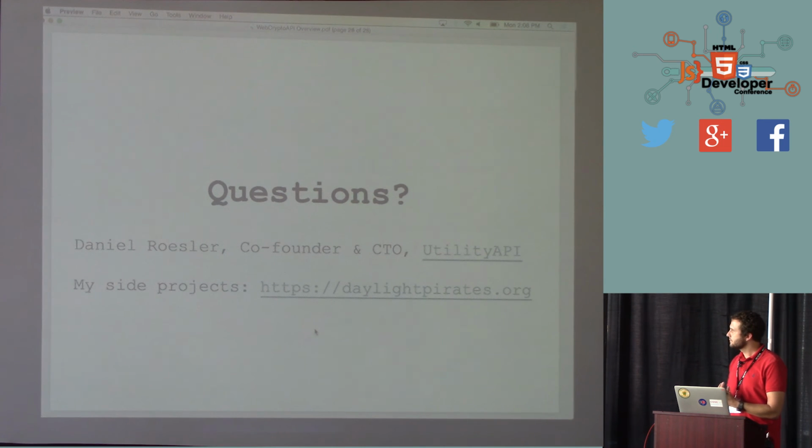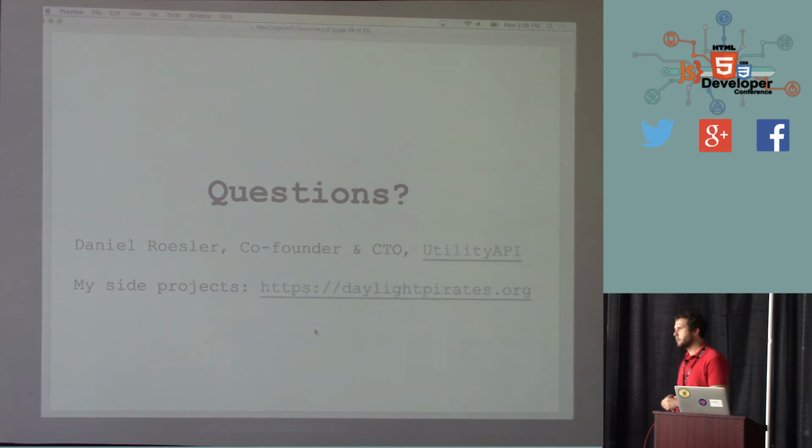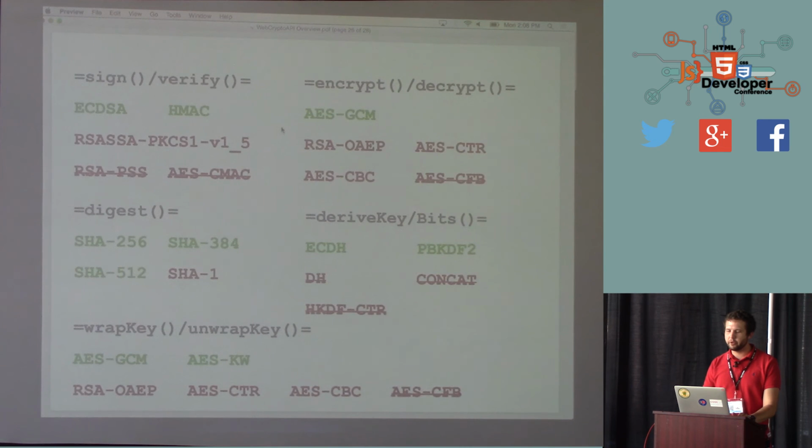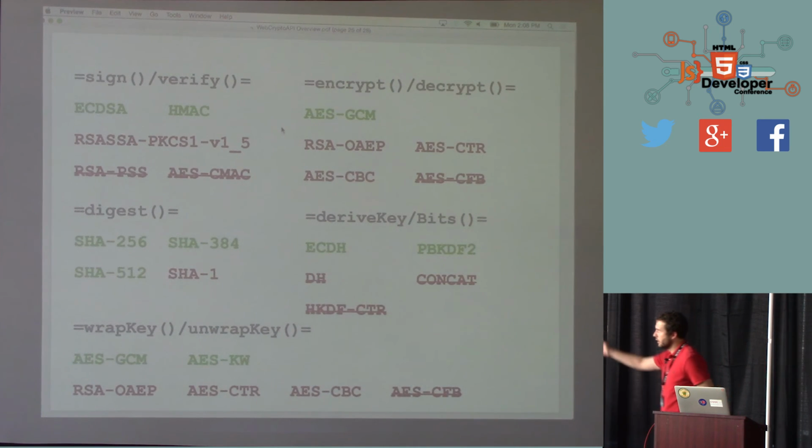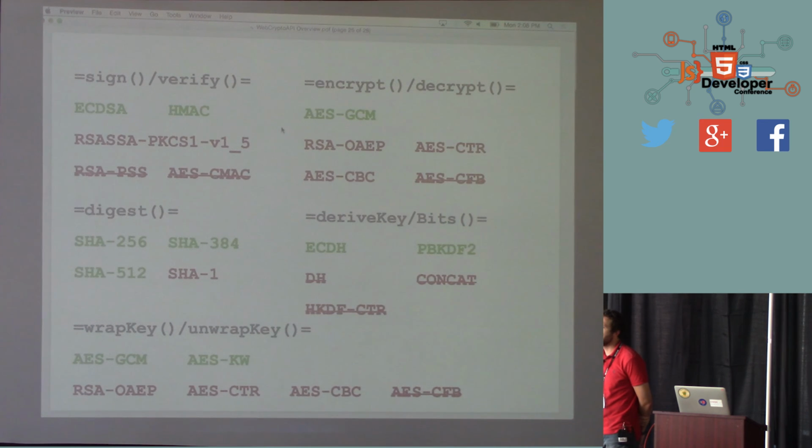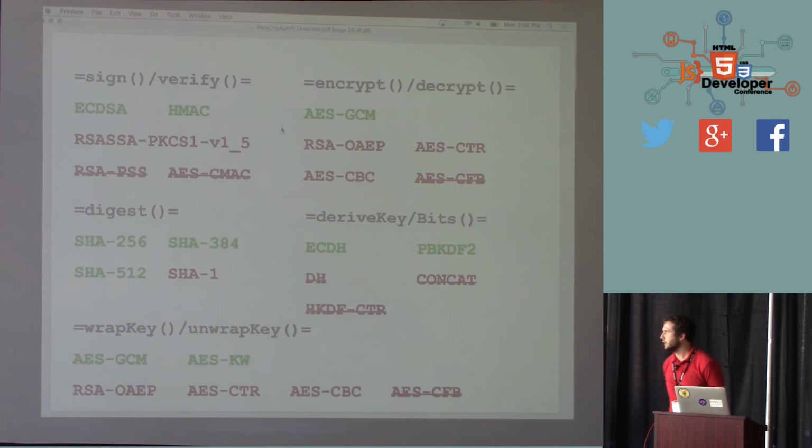So yeah, that's one of the big things: not using it directly, because with a lot of these algorithms, it's really, really easy for you to shoot yourself in the foot. I mean, look, there's very few of these algorithms on this screen that are green, right? And so if you're using this API directly, it's really, really easy to screw up and use another one, or